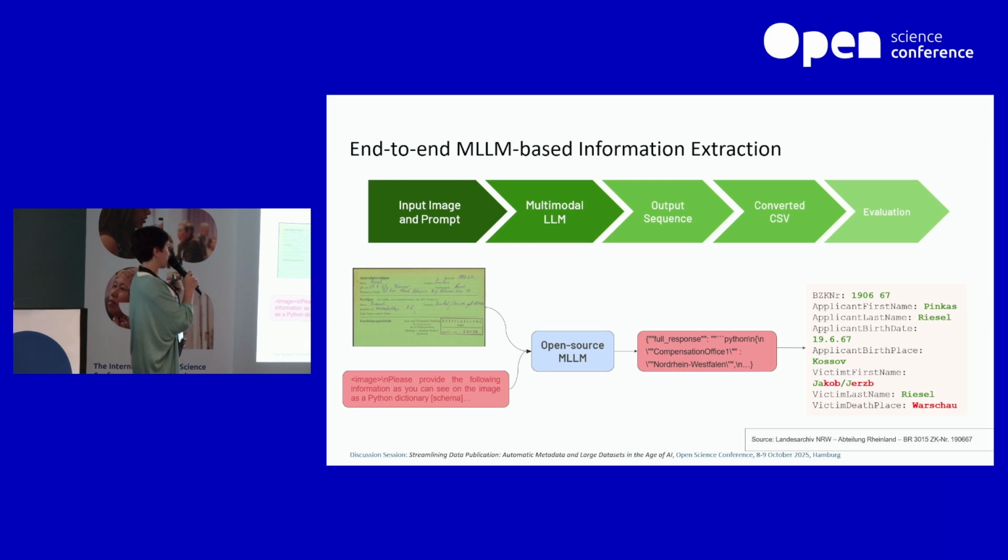And as you can see, we have been using a prompt together with the images as input. There are open source multimodal large language models nowadays that can take care of this. So we have another issue here, which is data privacy. That means we cannot really use an API and we cannot upload our data to external servers. Therefore, it's important to use something locally. And we're getting pretty good results. I'm giving an example of a card with handwritten text on it, and in the results on the right, you can see everything that has been extracted correctly in green, and that's pretty good, I would say.